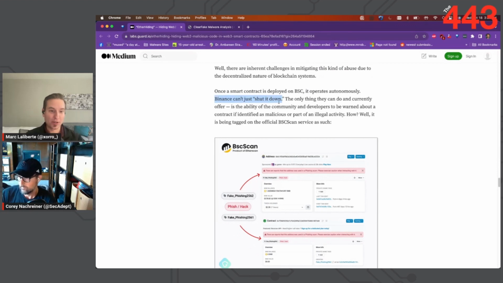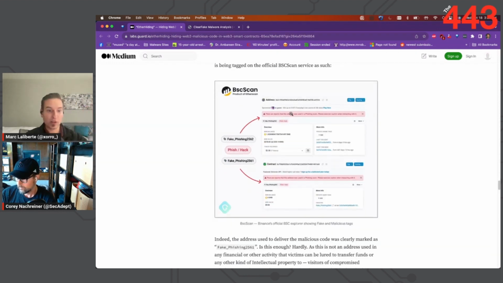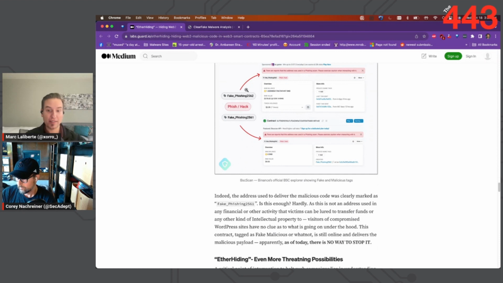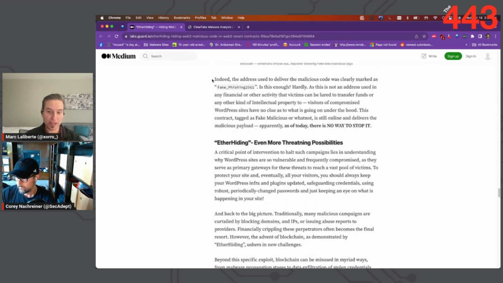So all they've been able to do is, on their public view of the contract, they put a little note in there saying that this contract address is associated with a fish, but they can't actually prevent you from using it, running it, executing it, whatever. This is a pretty ingenious way of keeping a secondary stage safe, or at least being able to continuously update it without the risk of someone like Cloudflare coming and taking it down.